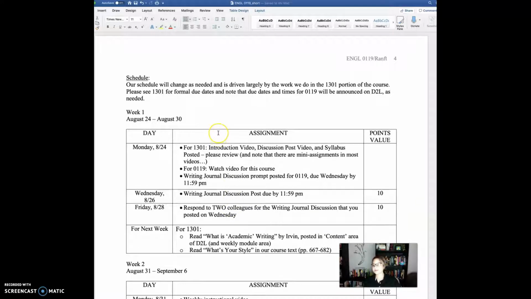So our schedule is really going to be dependent on 1301. So be prepared for potential changes, right? This is really going to be more of a week by week kind of thing. But I promise that this is not going to overwhelm you. This is considered a 1-hour course, so the workload is not going to be nearly as intensive as what you